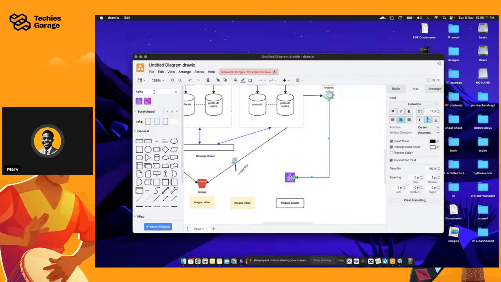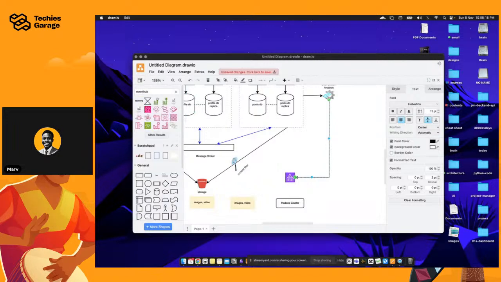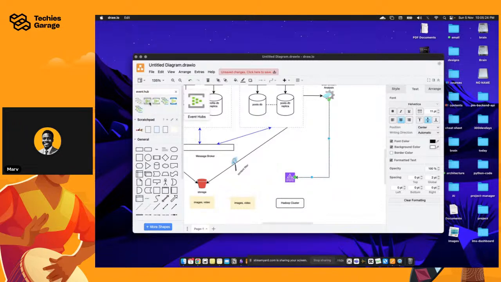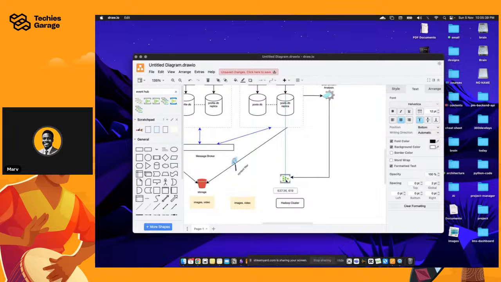Another option that you can use, and I usually advise people to go with, is Event Hub, right? One amazing thing about using Event Hub is you can actually have multiple clusters set up for this. This is the icon I'm talking about. Event Hub is a Microsoft service, but by default it actually supports Kafka, so I don't need to do any serious configuration. It's just there by default.